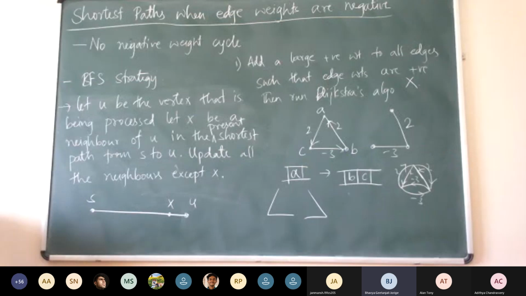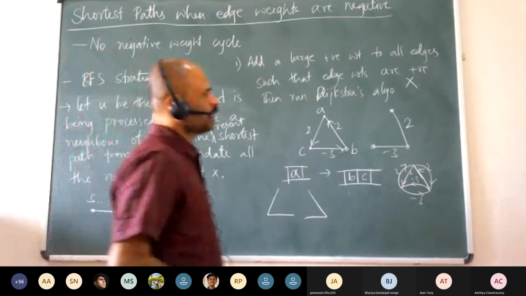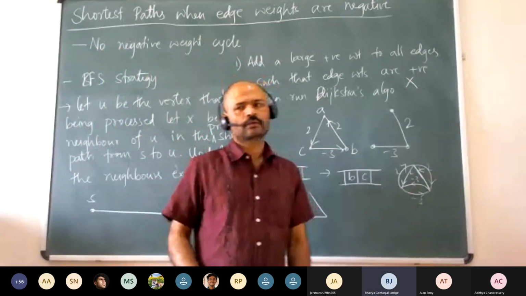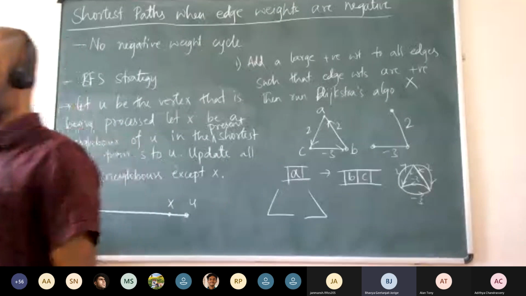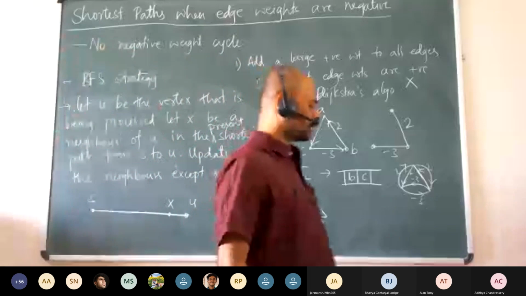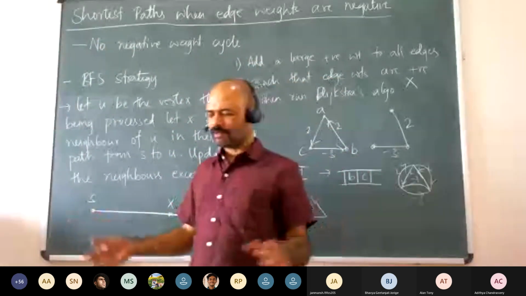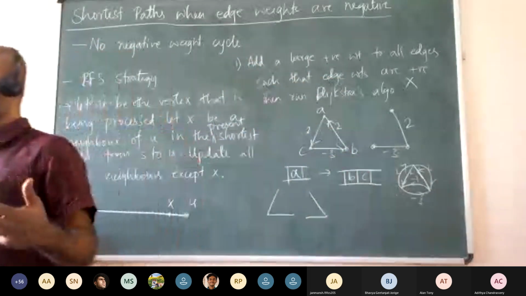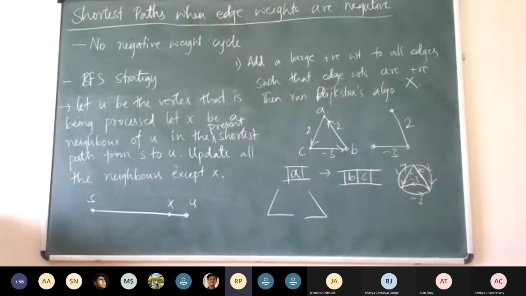Are you checking for every path? Yes, sir. Yeah, so that algorithm is correct. That is what Rajat was also trying to say. The only problem with that algorithm is that you need to check for every path. Maybe it might take n factorial time, right? The algorithm is correct.